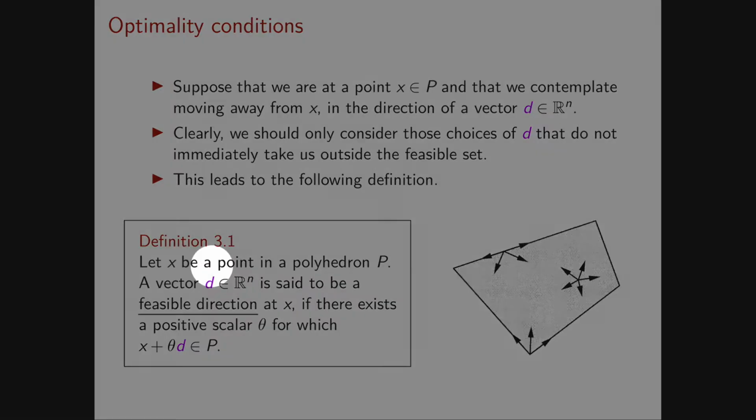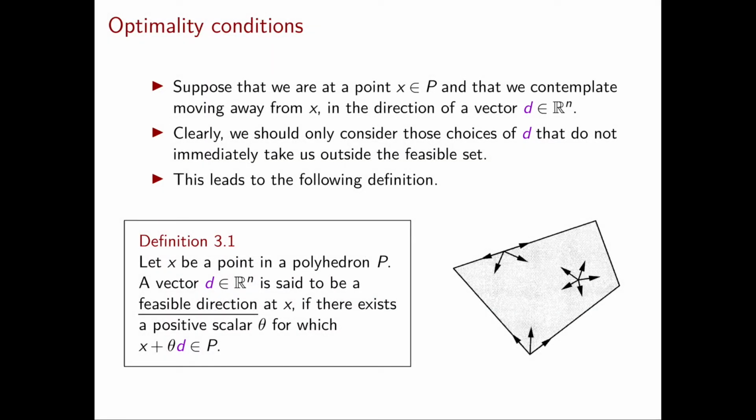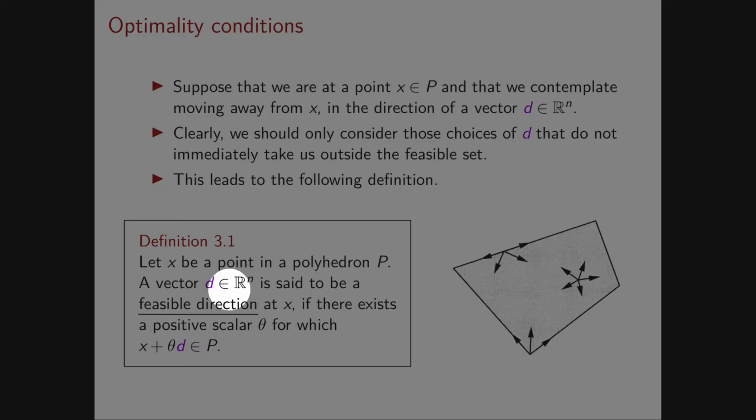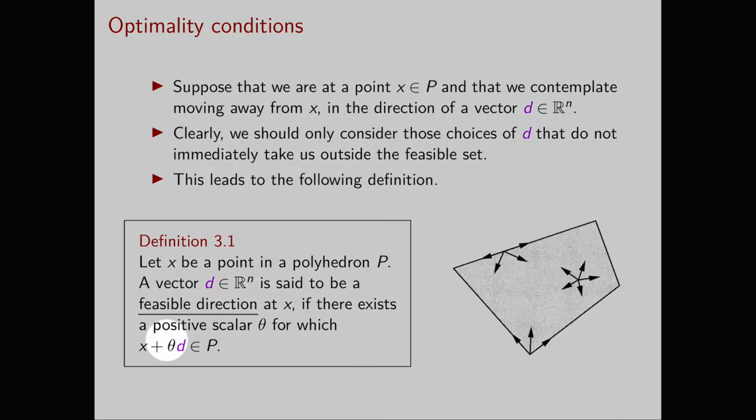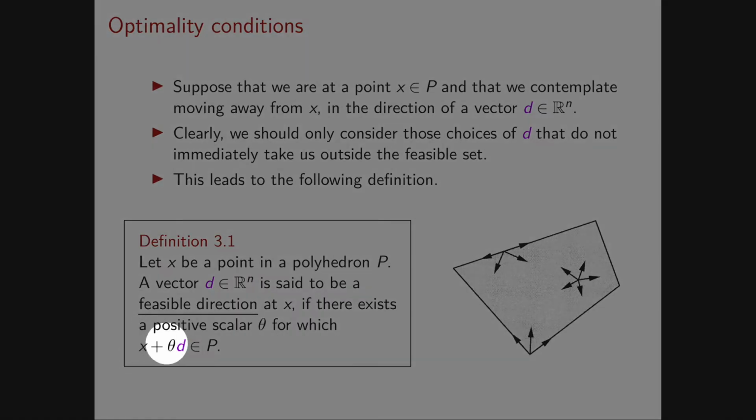Let x be a point in our polyhedron P. A vector d is said to be a feasible direction at x if there exists a positive scalar theta for which x plus theta d is still in P. So this definition means that from x you can move at least a little bit in the direction d while